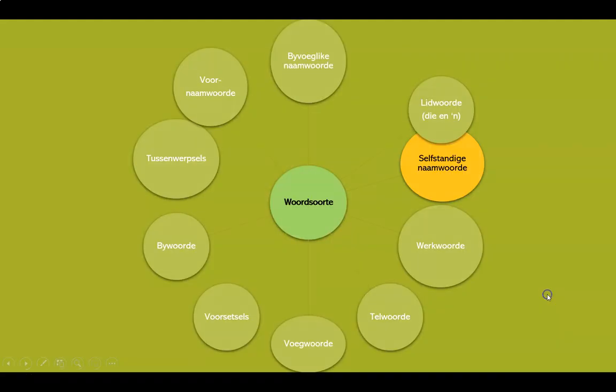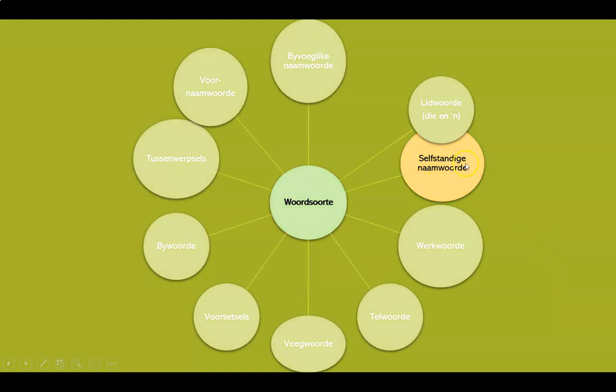Nouns in Afrikaans are known as selfstandige naamwoorde, and that is the part of speech that we will discuss. Another way to recognize a noun, or selfstandige naamwoord, is if it has an article, or a lidwoord, in front of it. The two that we use in Afrikaans are die and 'n. Die is a specific article, die hond, and 'n is not specific, 'n hond, so it